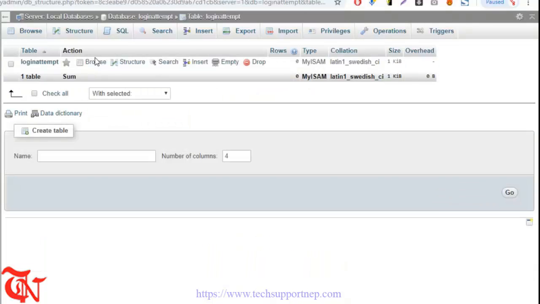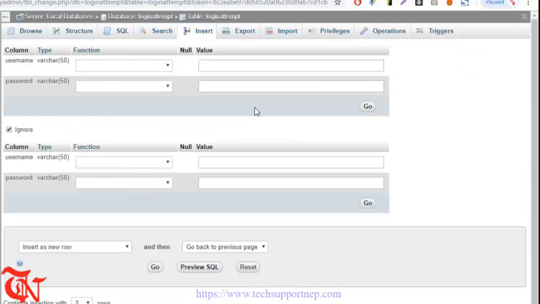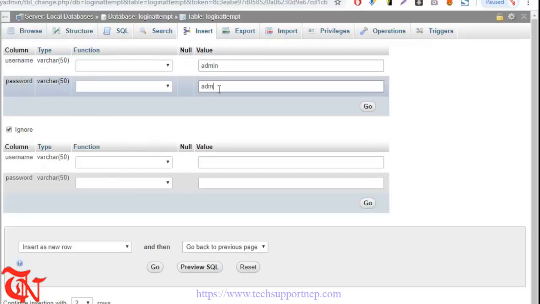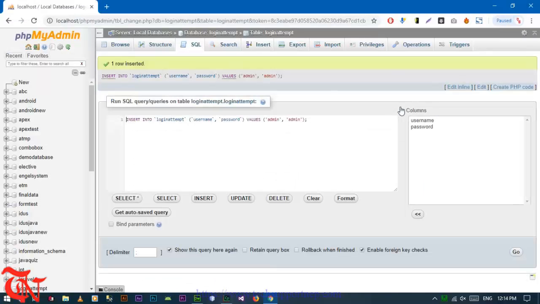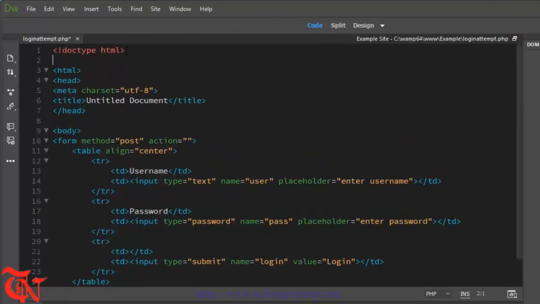Now we need to save some values into our database. Click on insert, here goes admin. For demonstration purposes, I am using admin as username and password. Do not use such an easy username and password, and then click on go. Now go back to Dreamweaver, and here